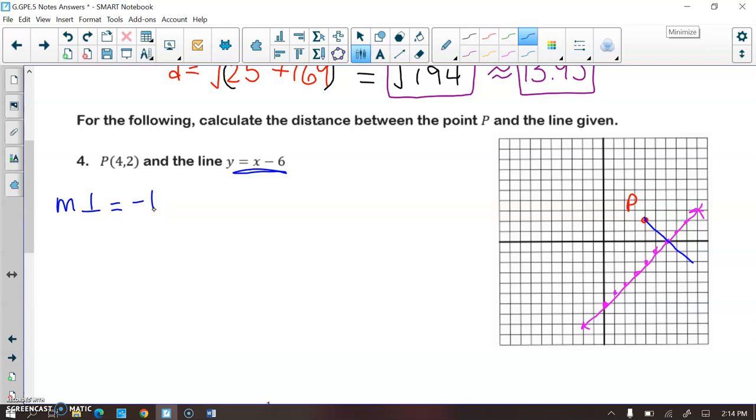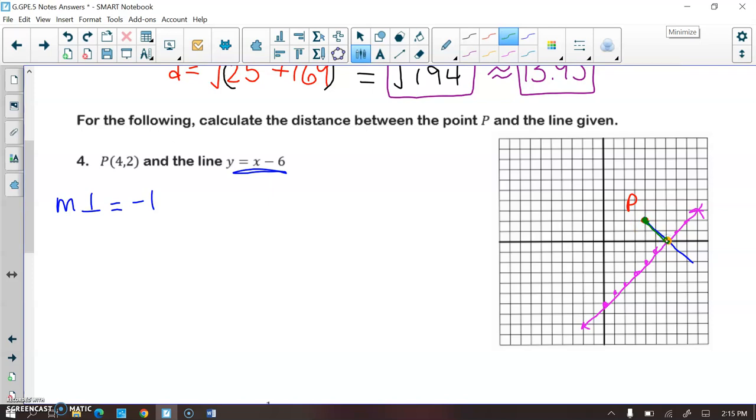Okay, and so what I'm going to need to do is I'm going to need to find where the pink and blue line intersect, which is right here. Once I find that point of intersection, which actually we're going to do not just by looking at the graph, because this one does work out nicely, but not all of them will. So I'm going to show you the process that you do to do this. But once I find that yellow dot, I will then use the distance formula to find the distance between point P and that yellow dot. Okay,